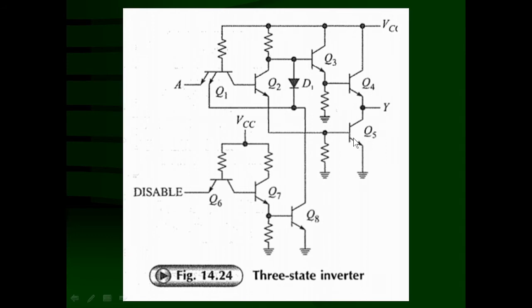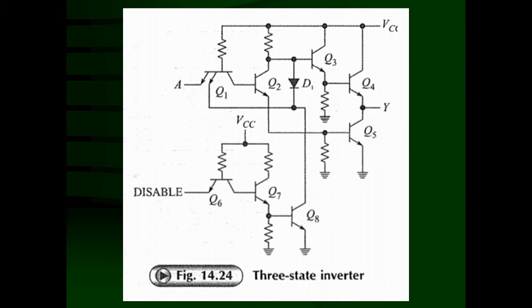And transistor Q5 is conducting, that means it will act like a short circuit, or this switch is going to be closed. At this time, transistor Q2 is conducting, so here the potential is lower, which is insufficient to drive transistor Q3 as well as transistor Q4 into conduction. So Q4 is not conducting. The output is disconnected from VCC, but it is connected to the ground, and the output is going to be low. So when A is high, output Y is low when disable is low.